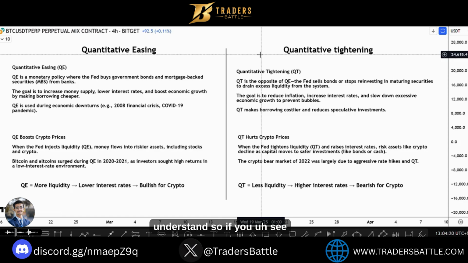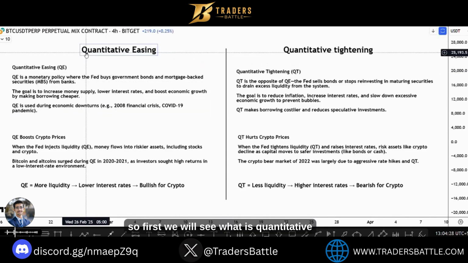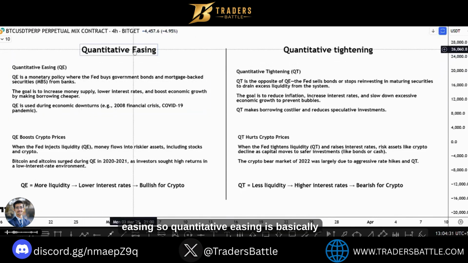So if you see, I have basically drawn a table and a breakdown of both QE and QT. First we will see what quantitative easing is. Quantitative easing is basically a policy in which the Fed buys government bonds and MBS from banks. In easy wording, quantitative easing is usually provided to boost the economy and to increase the money supply. So basically, the goal of quantitative easing is to increase the money supply, lower the interest rate,